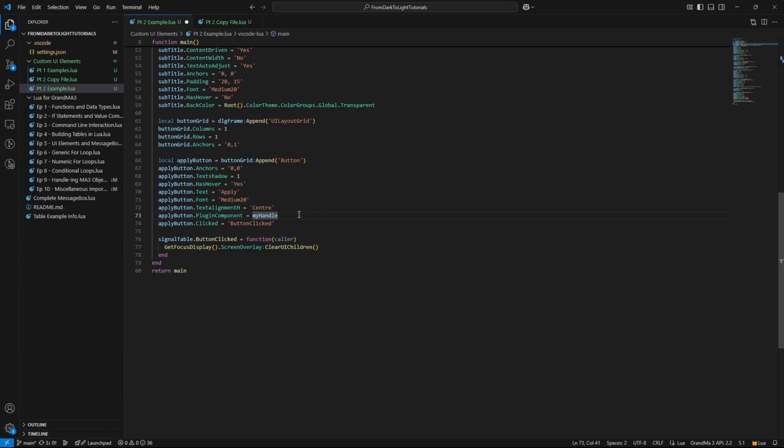Now, whenever you have this function called, it receives an argument caller right here saying what object, in this case apply button, called it. This is because in this case we only have one object that can call this function, but you could have it to where multiple objects could call the same function, and then you could have it do a different action based on what object called it, or you could have it do an action to that object, which is something I'll definitely be showing you soon.